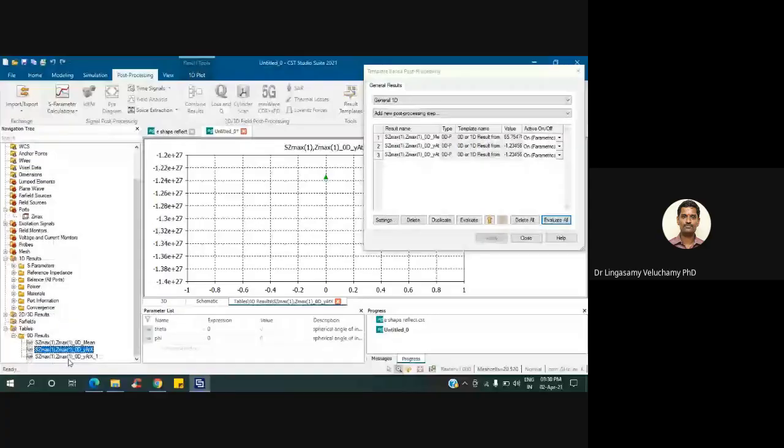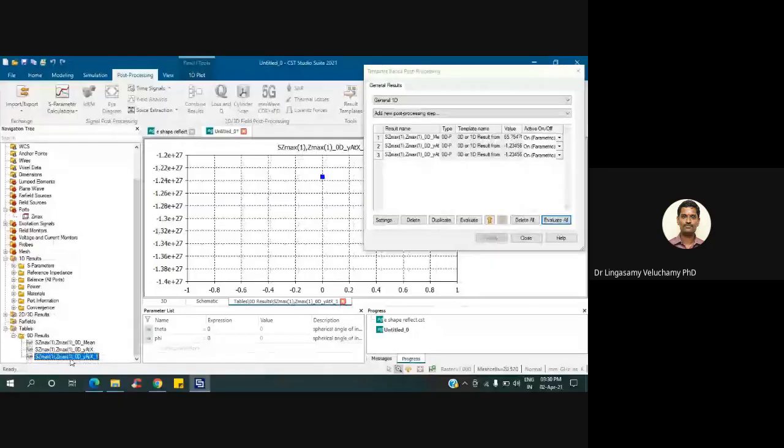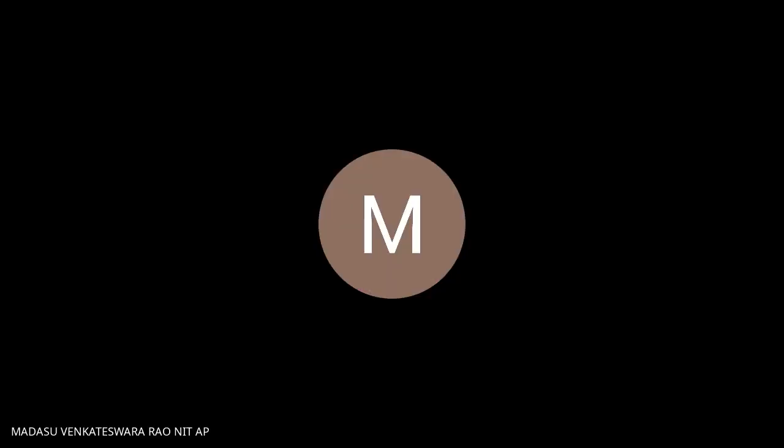You have to run the simulation for various sizes, or element size. Then you will get the plot. So you have to run the simulation first for all the unit cell sizes. Then it will come. For one size only you have measured, right?